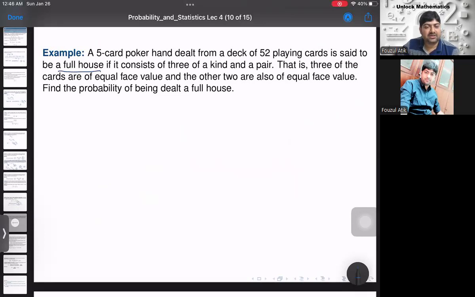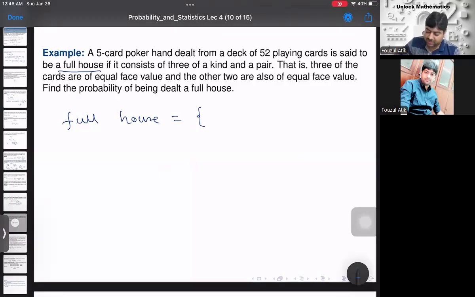if 3 of them have the equal face value and the other 2 have an equal face value. So one example of a full house is 3 of a kind. First, you understand how many different types of card you have and how many different suits you have. We have 4 different suits, right? Heart, spade, and then what are the other two? Diamond